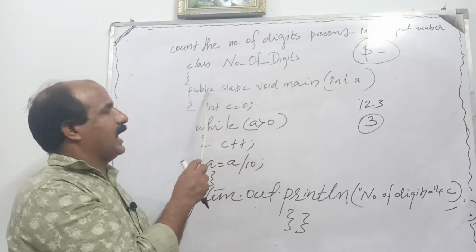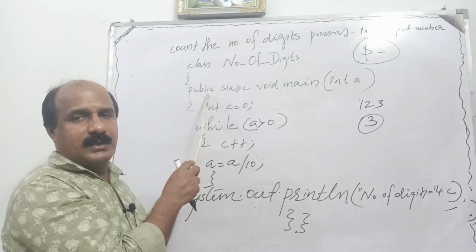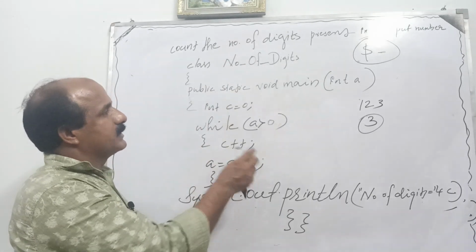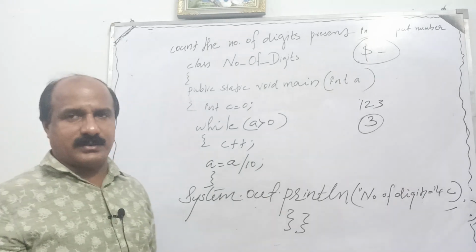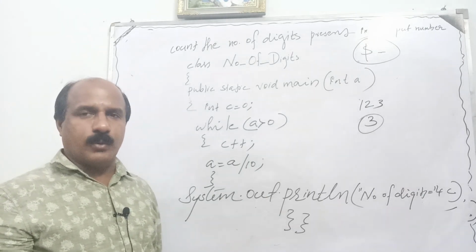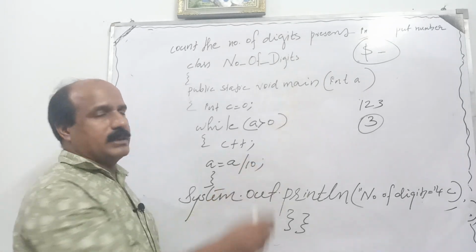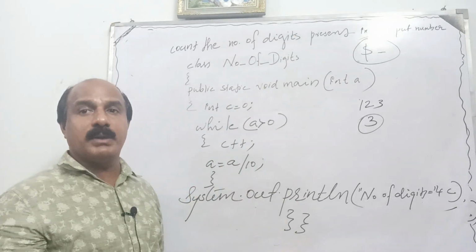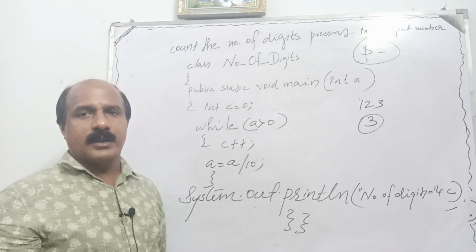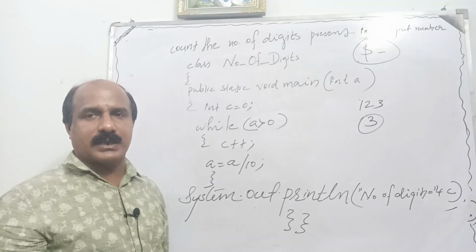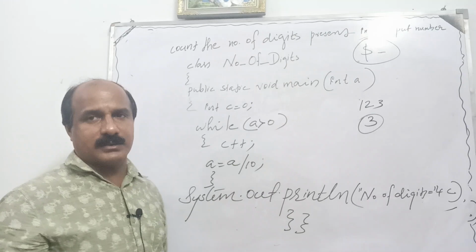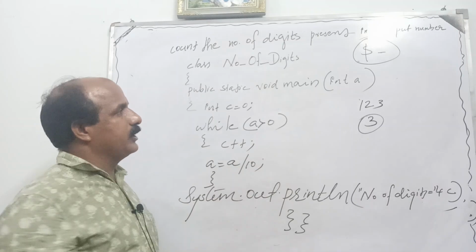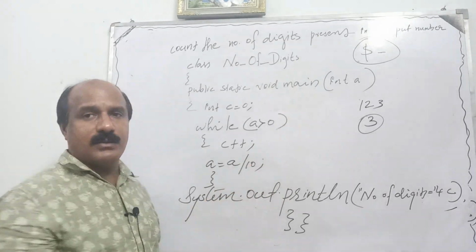Main is public, which means the main method can be accessed anywhere. Its global visibility is there. Now main is static. Static means you can execute this main method without creating any object. That is why it is declared as static. Why is main always declared as static? Because before creating any instance of the class, which method has to be executed? The main method, because your program execution starts from main. Now void. Void means the main method is not returning any value.